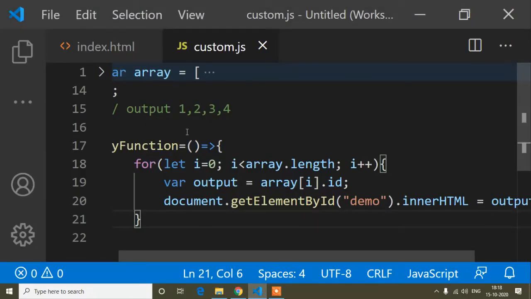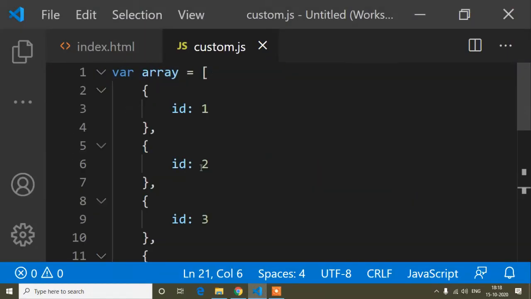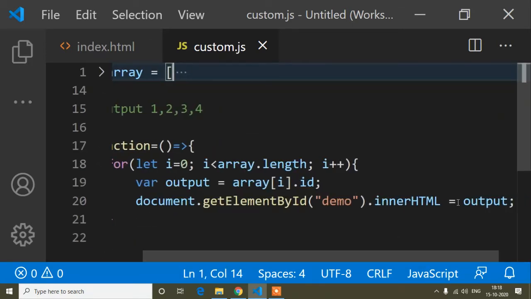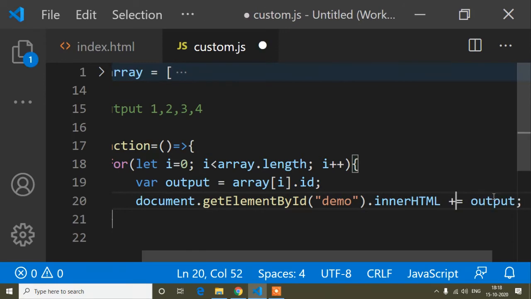Here you can see the output is only 4. That means it printed only the last object property. It printed only the last because it's not added one by one. So I have to add a plus sign here. Now it will be 1 2 3 4.